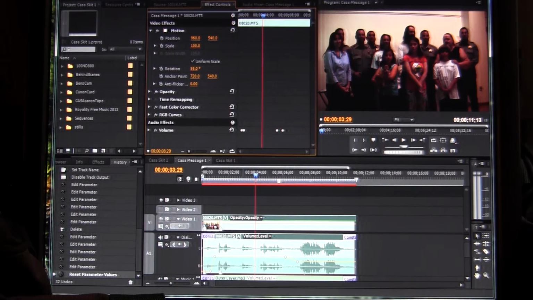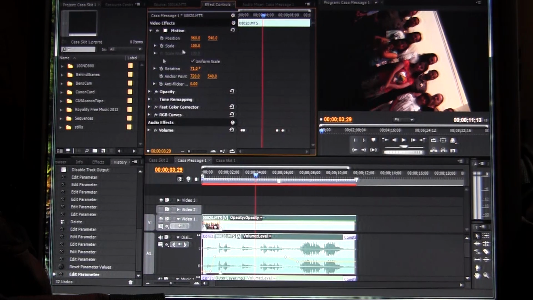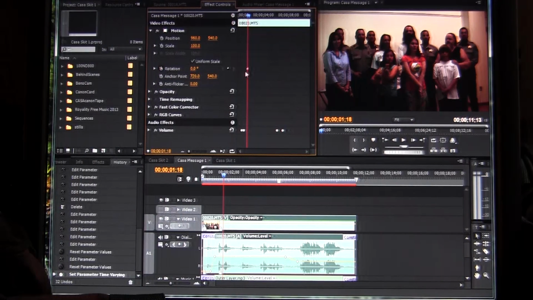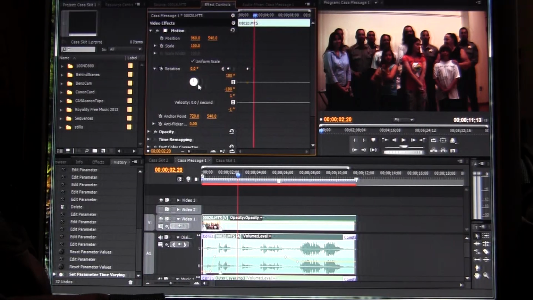So under there you have position, scale, and obviously you can rotate the stuff too if you need to. That's under motion. The same thing goes here as it does down here, this keyframe here. You can add keyframes here. Let's say in the beginning of the video you want the video to be here, the position of it or the rotation of it. So you click this toggle animation right here and it adds a keyframe there. And you click up here and now you can add, let's say the rotation, you want the rotation to change a little bit, so you